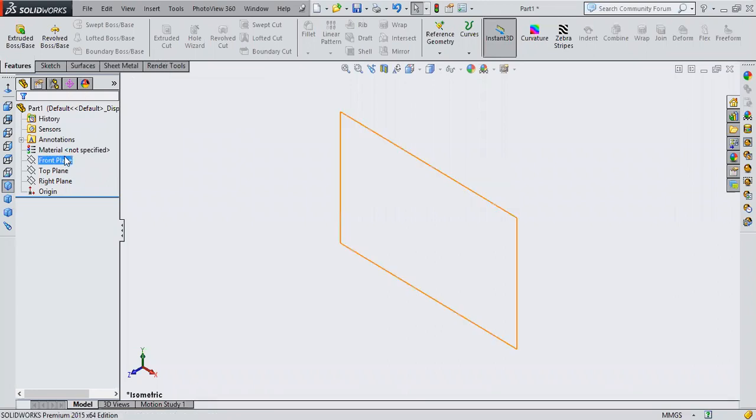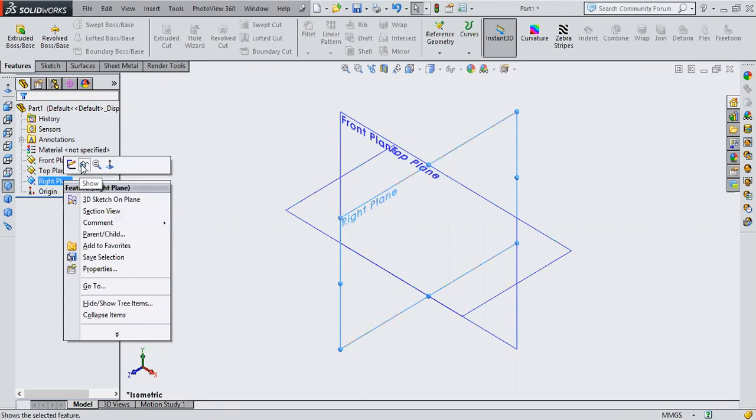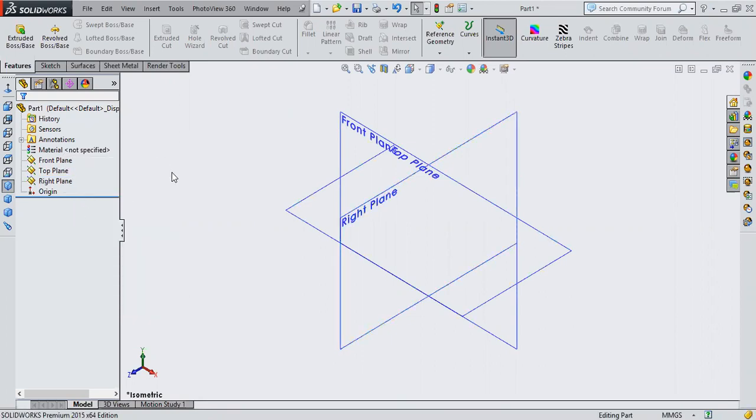Now, this concept is very much important. Now it will come into action: how and when to select which plane. If I select this front plane, I'll make each and every plane visible. Now can you see all the planes here?